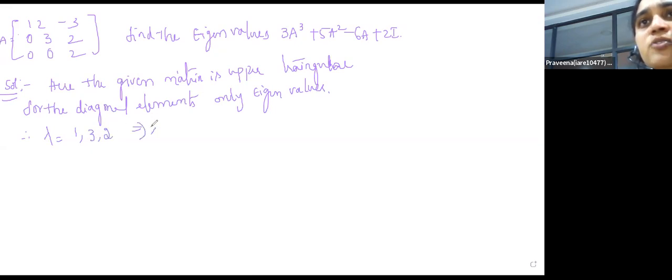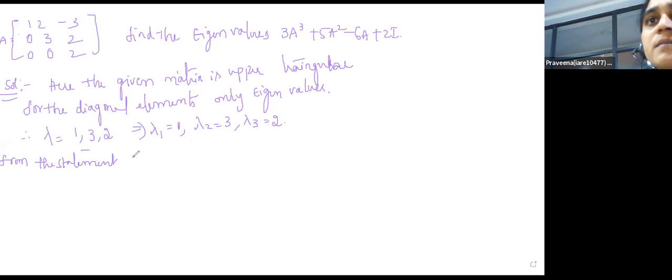From that I'll assume lambda 1 is equal to 1, lambda 2 is equal to 3 and lambda 3 is equal to 2. Okay, from the first statement we got the eigenvalues for the given matrix, but here the question is finding eigenvalues of the given polynomial. From one of the statements I already discussed, if lambda is an eigenvalue of A,